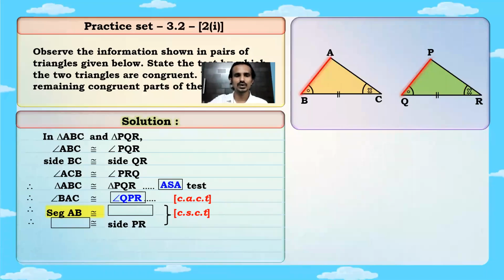Okay, so it is congruent to PQ. All right. At the end, it is written side PR. Now side PR should be congruent to side AC. So side AC is congruent to side PR. Okay. Now